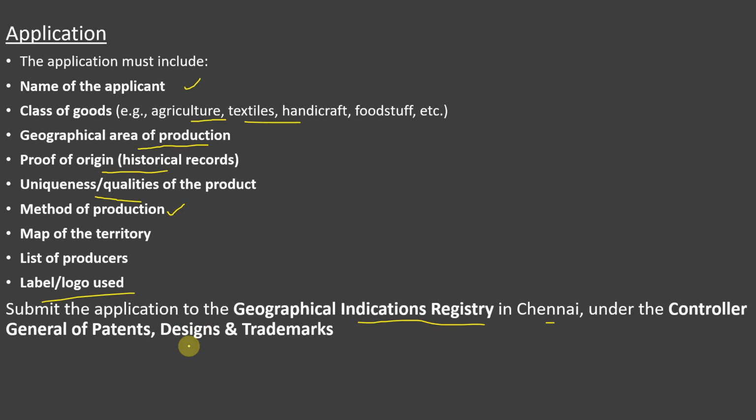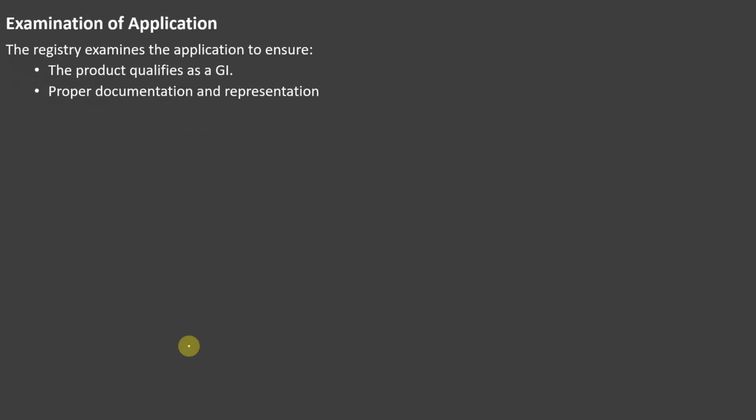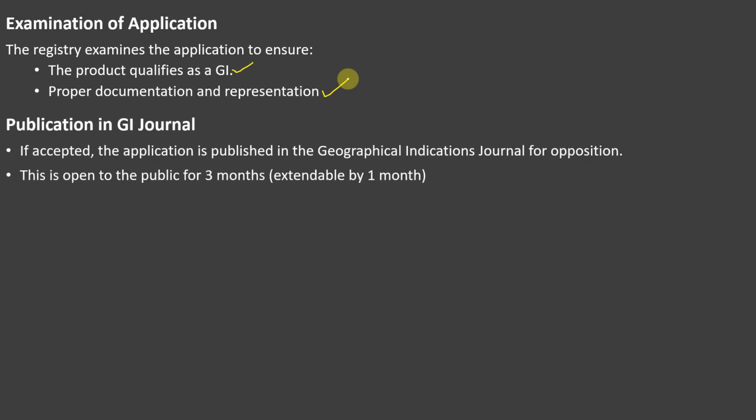So, after submitting, the application will be examined by the registry. So, the registry shall ensure the product qualifies as a GI, proper documentation and representation. The registry will ensure whether the applicant has provided proper documents, and also checks whether the product qualifies for registration under GI. And if the registry is satisfied, the application is published in a journal called Geographical Indication Journal